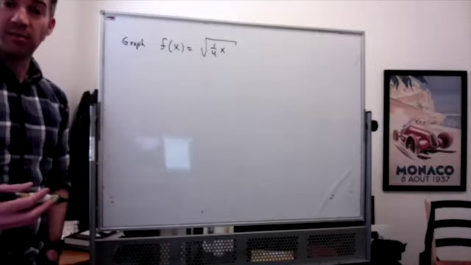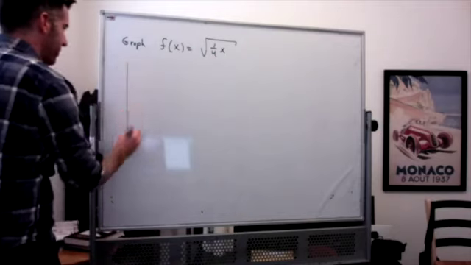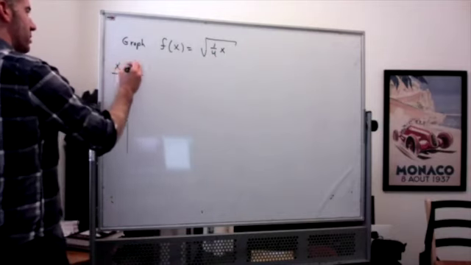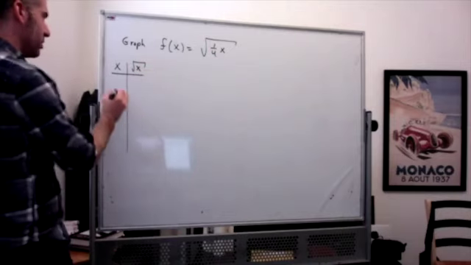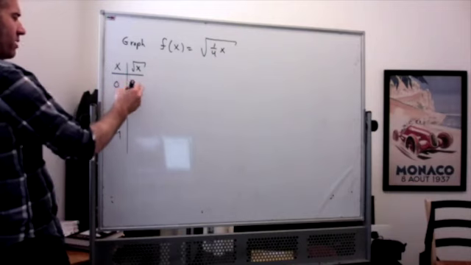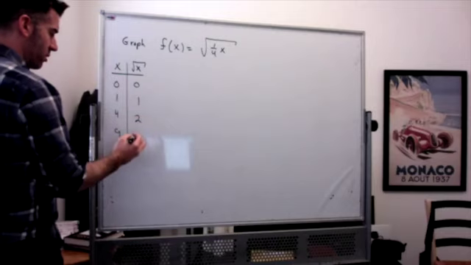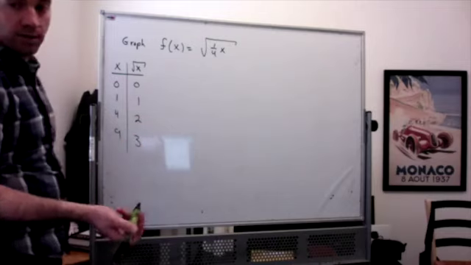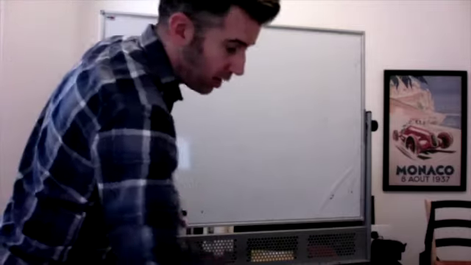Because again, x needs to be 4 times as large as it would have been. Here's my parent graph table, x and square root of x. So our usual values would be 0, 1, 4, 9. Our y values would be square root of 0, square root of 1, square root of 4, square root of 9. But now I'm doing the stretched graph,